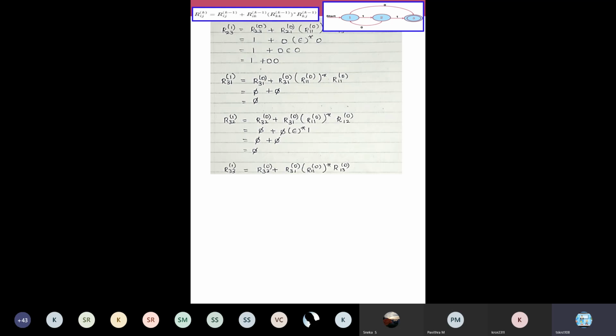In all the expressions, in the middle star term, you have R11 of 0 star. Since your k is 1, you will have kk of k minus 1, is it not? So you have the same term in this star, R11 of 0 star, and then kj is 1 3. Substitute the values. R33 is epsilon, R31 is null, R11 is epsilon, and R13 is 0. So it is epsilon star, and then in the next step, since you have a null in the right hand side, we are going to write null here. In the next step, I'm going to write a null.